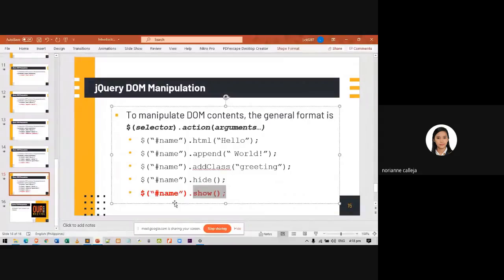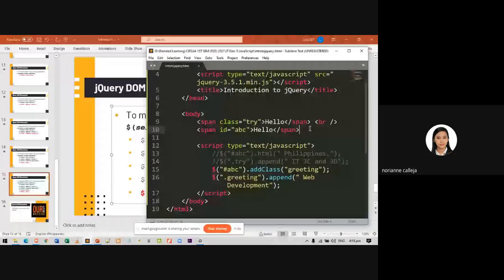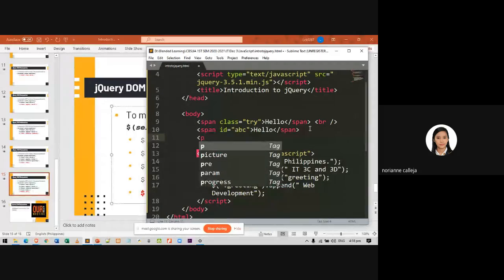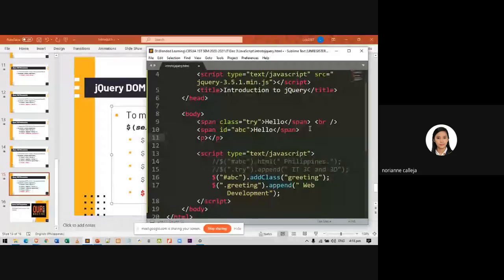So I will be creating another paragraph tag here with a text: I love web programming. I want you to hide these element's content. What will be the code for hiding these element's content?